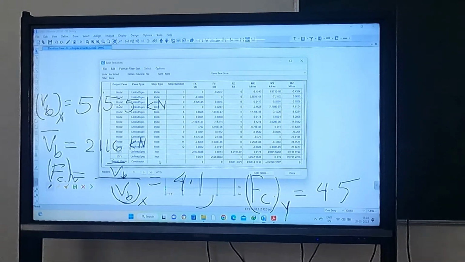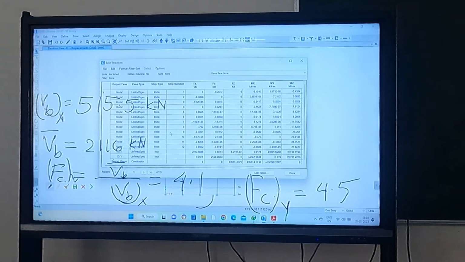How much is that? 2113 and 2120, because when you have written this 4.1, maybe you have skipped some fraction, that's why. Okay, so this is the concept of base shear correction to validate with the criteria given in the code. Okay, so this is again to make the structure safe, because our code is conservative compared to the software, so we are aiming to make our structure conservative according to the code. Okay, is it clear? Is there any doubt in this?